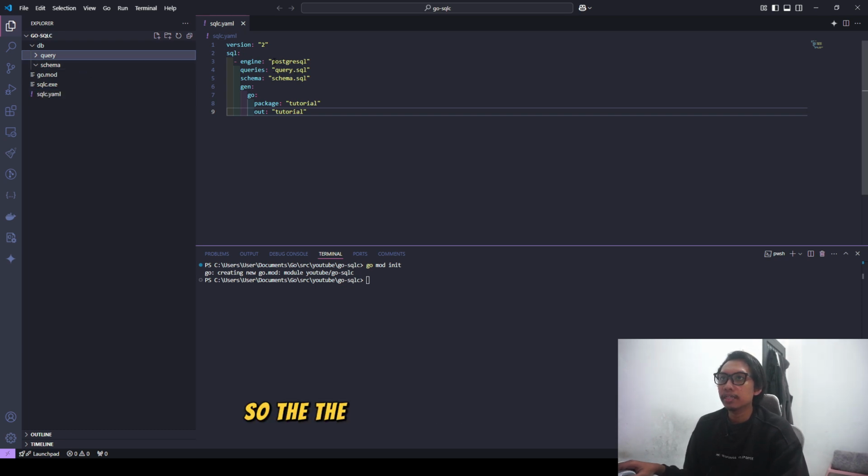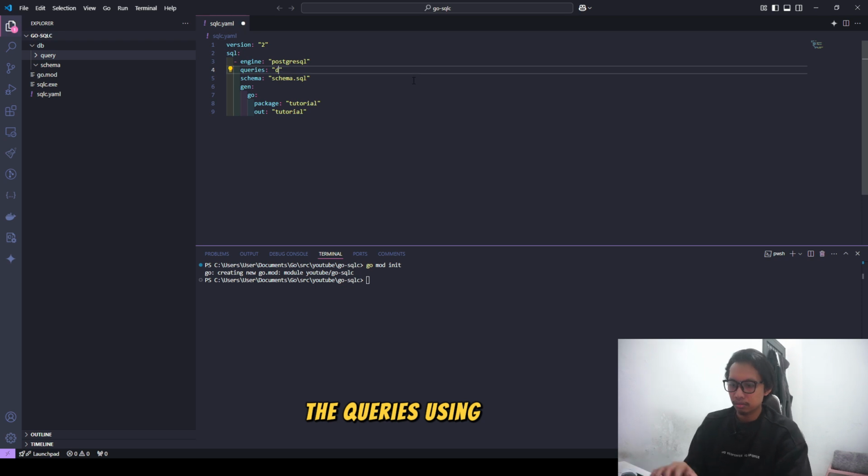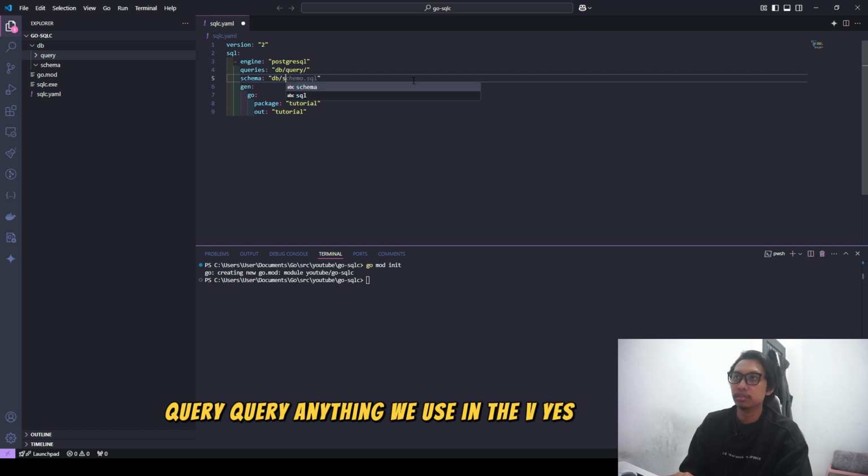So the engine is PostgreSQL, the queries use db/query, and then it will use db/schema.